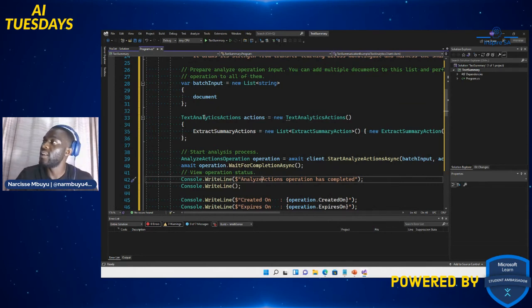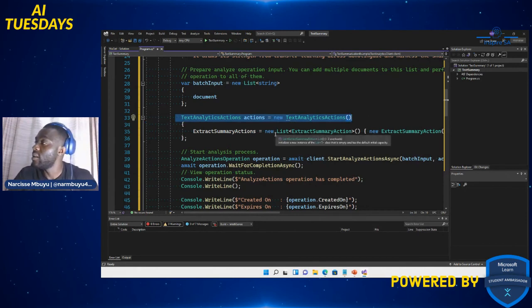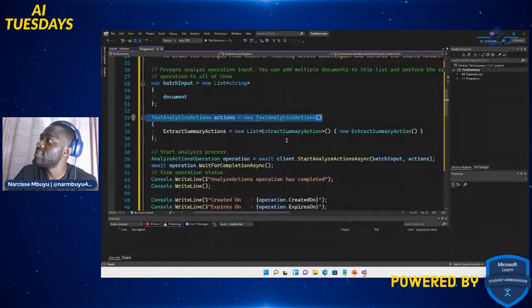So after doing that, we say TextAnalyticsActions is equal to new TextAnalyticsActions, right? So now these are actions that we want to happen to our document basically. ExtractSummaryActions is equal to new List of ExtractSummaryAction. So we want to extract, right? The name of our action that we want to do is ExtractSummaryAction, new list inside our list.